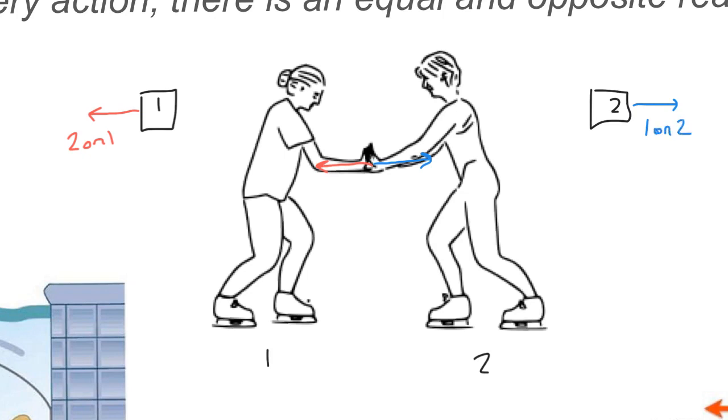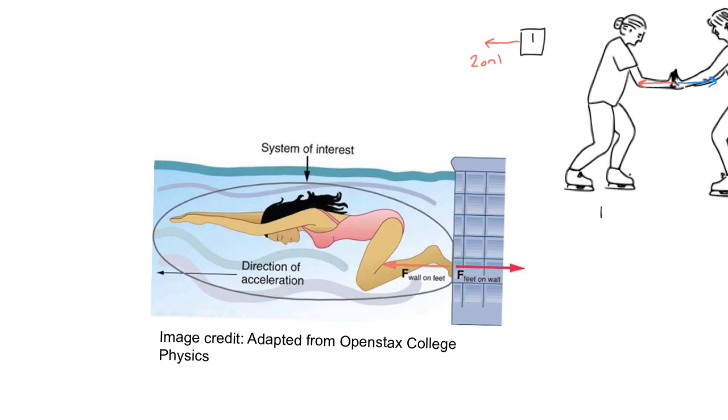And so you can see that my two forces on each of these objects are equal, they are opposite, and the important part here is they're acting on different objects. We don't have two forces that are equal and opposite acting on one of the skaters. We have two separate forces that are equal and opposite on each object, right? And you can look at the notation. We have 2 on 1 and 1 on 2. It's flipped. In the first action force, 2 is acting onto 1,